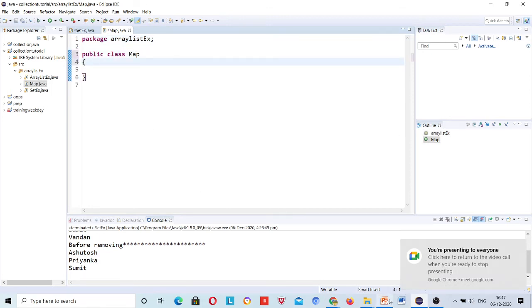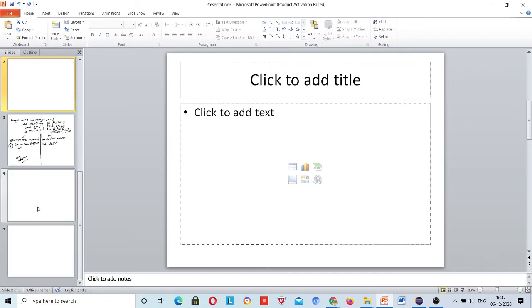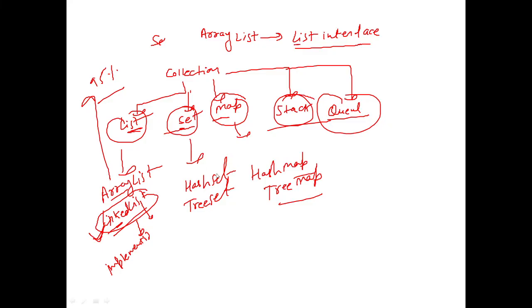See, first let me come here. Till now I have talked about the list and set, right? List with the ArrayList, and set with the HashSet and TreeSet.